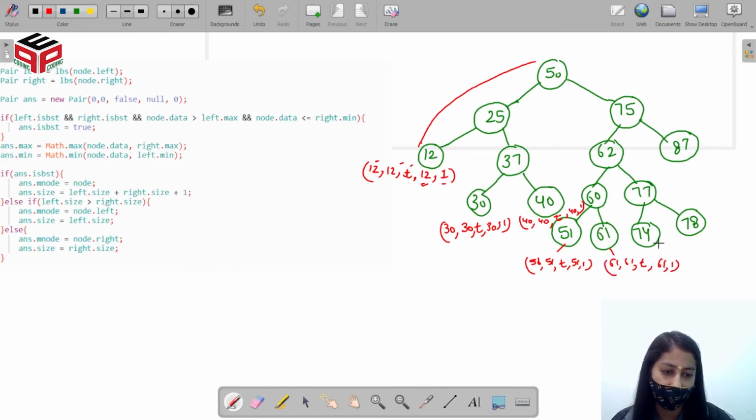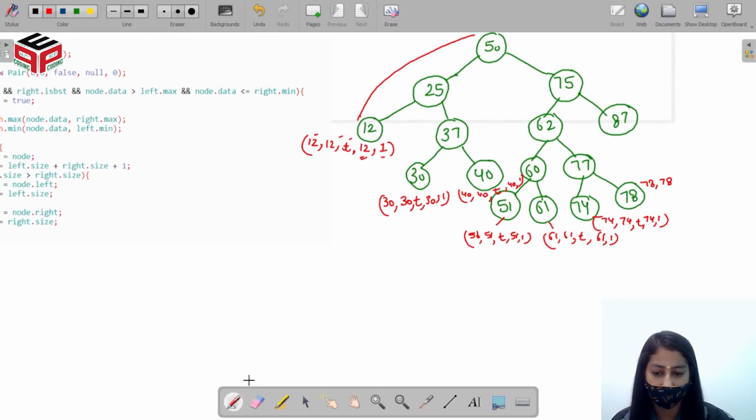Same for 74: 74, 74, true, 74, and the size is 1. 78, 78, true, 78, and the size is 1. 87, 87, true, 87, and the size is 1. So all the leaf nodes are going to return this in the pair class, right? After this it will reach these leaf nodes, and after this it will reach there.